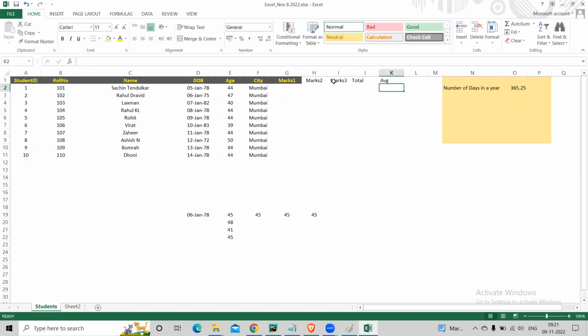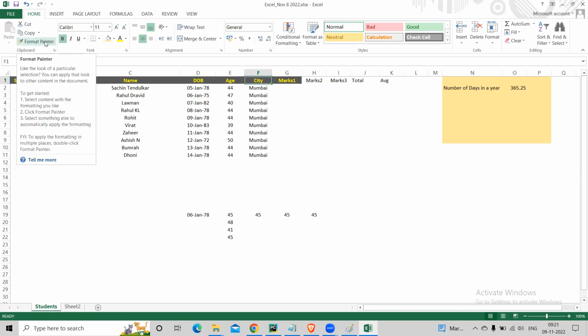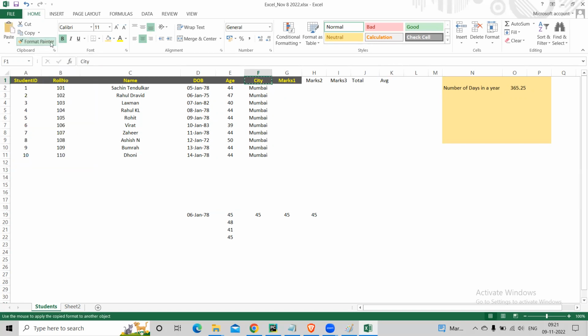Now, since this should be similar to this, I go to format painter, which is there in Word, Excel, PowerPoint, everywhere. So I click on format painter, I go and I select here. Okay, so this has become